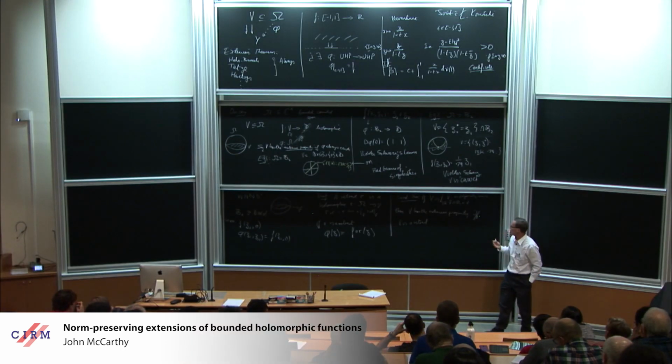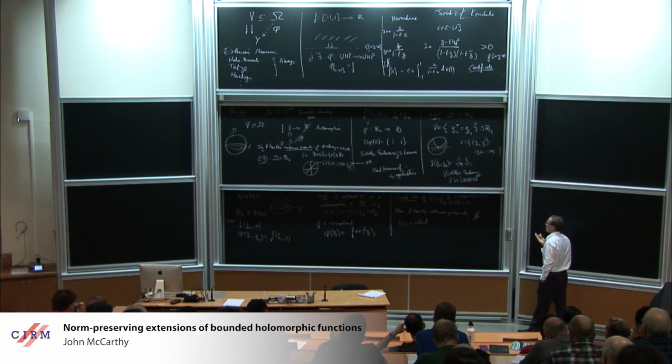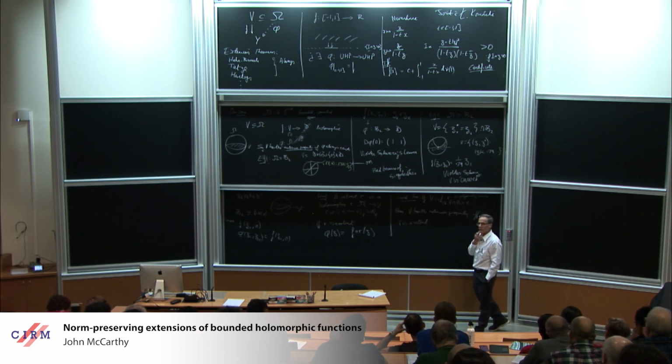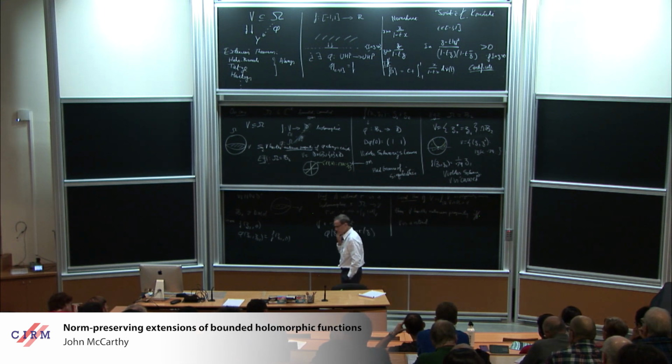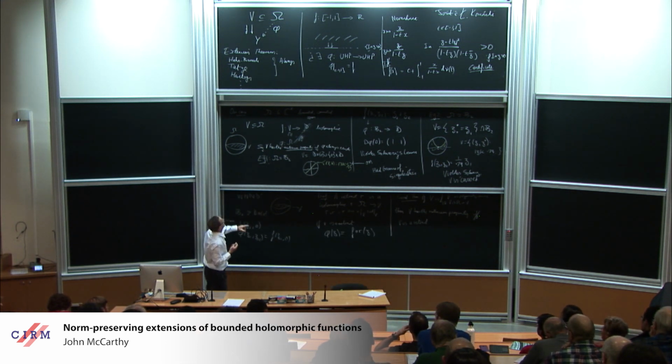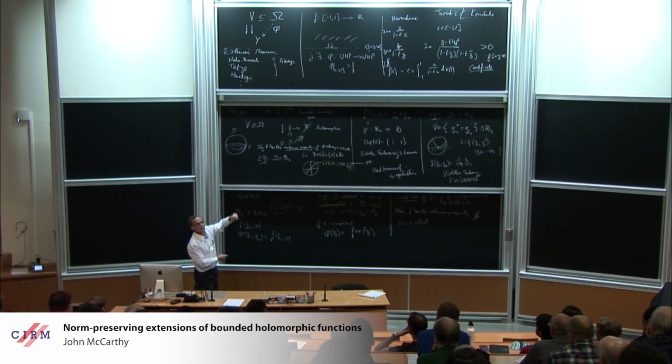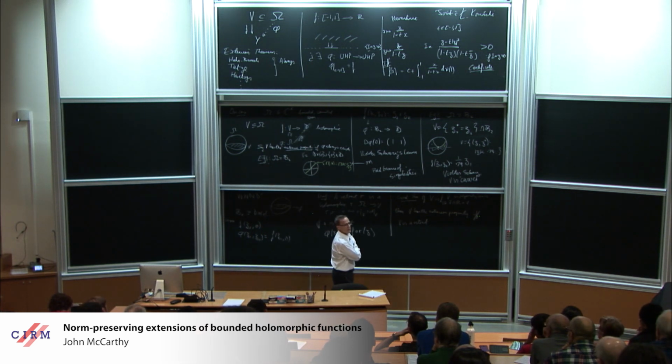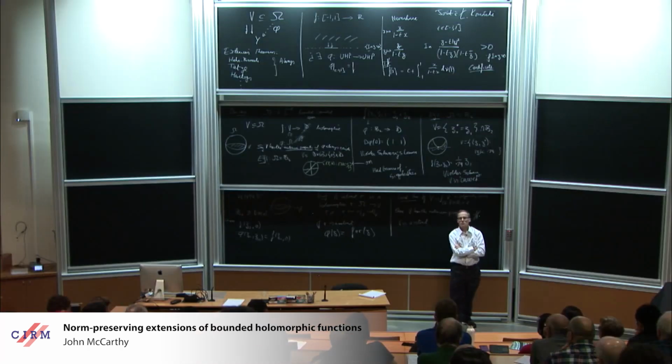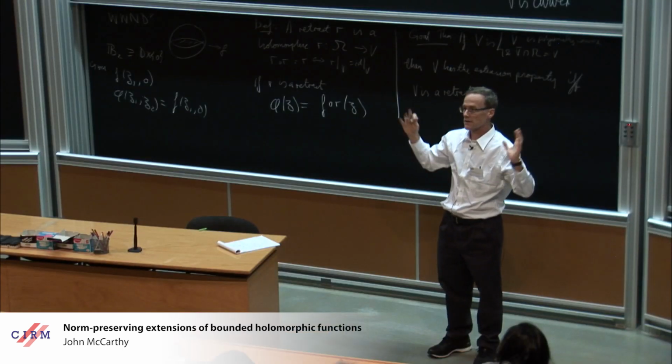So now V is a relatively nice object sitting inside omega, and now we can ask whether having the extension property forces it to be a retract. And let me emphasize, by the way, that the fact that the range of this holomorphic function is D is critical. If I just wanted to extend every holomorphic function from V to a holomorphic function on omega, then Cartan's theorem B says you can always do that if V is an analytic subvariety. So what makes this so much more rigid is the insistence that maps into the disk can be extended to maps into the disk, not into the whole plane. The boundedness is critical here.